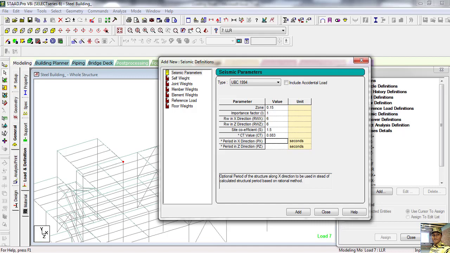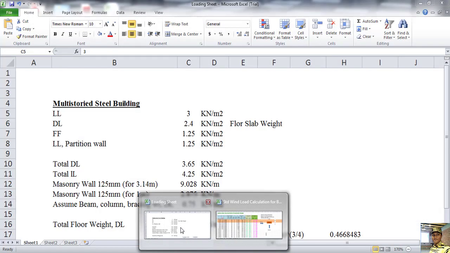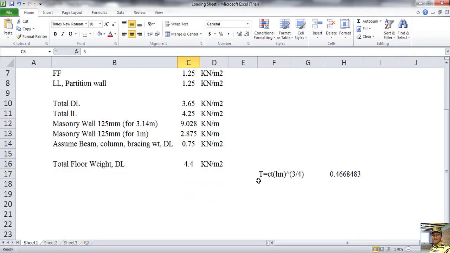Now see, T is equal to CT times h to the power 3/4. So the CT value is 0.083, height is 10.003, and power 3/4. So the value is 0.466.